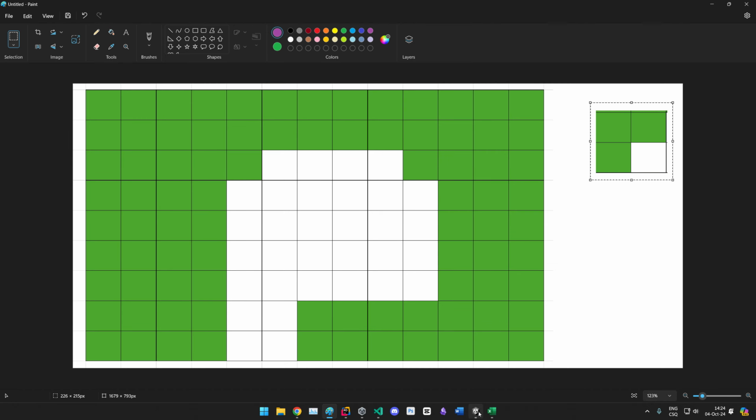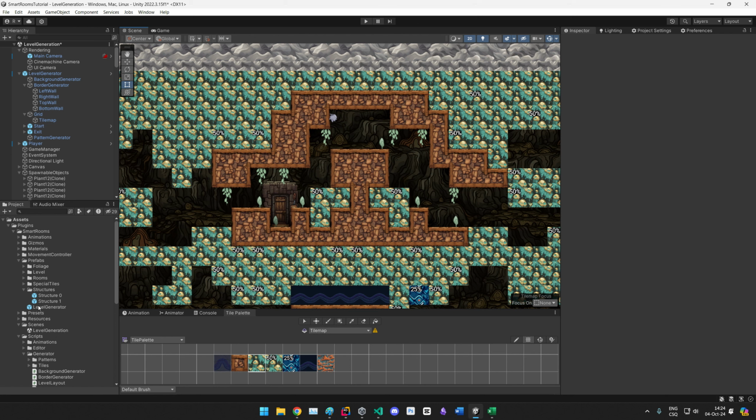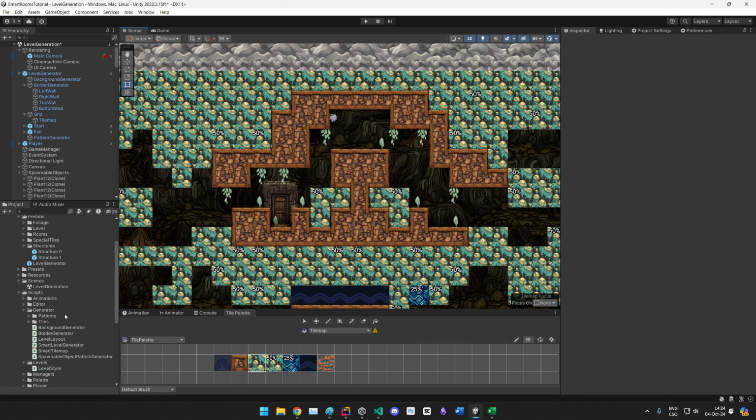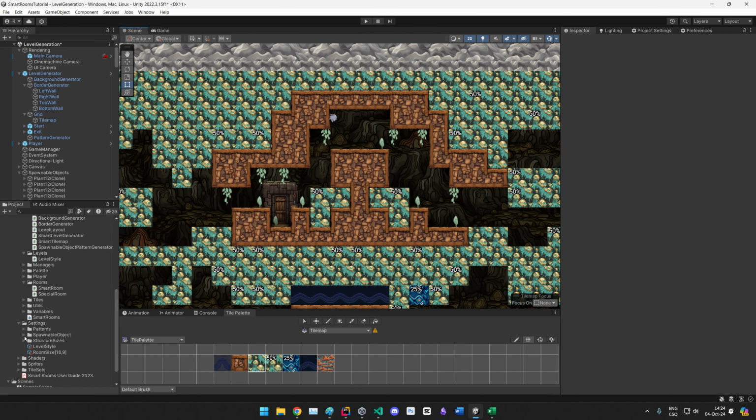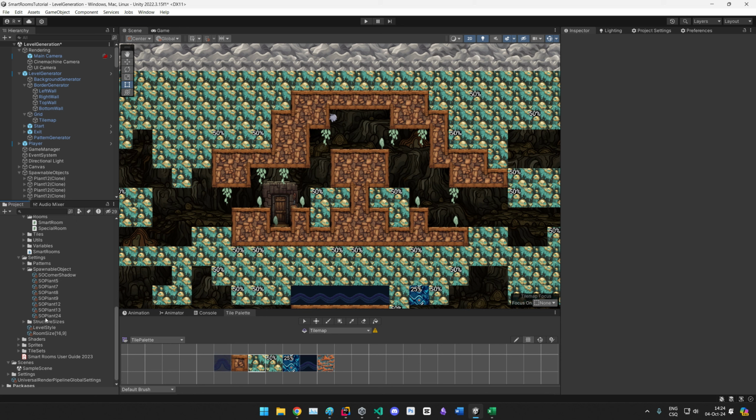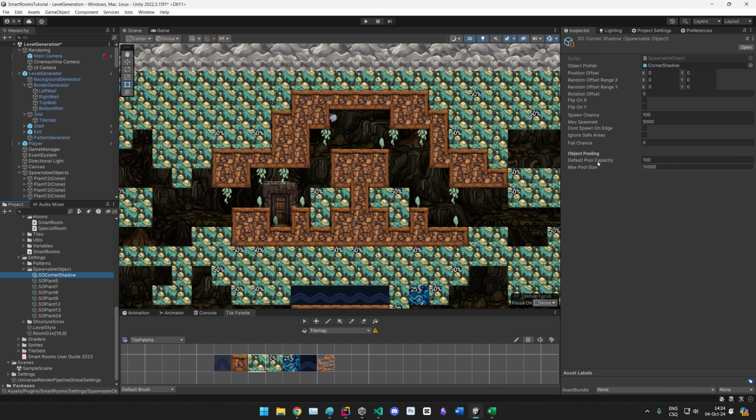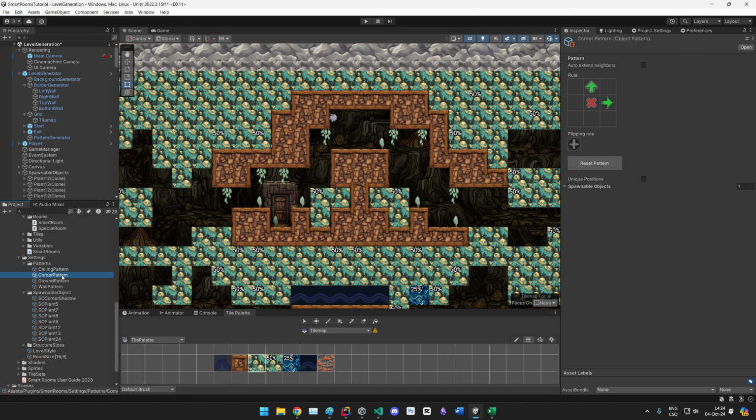So now if we go into Unity, I actually do define the corners in that specific way. Here you have the spawnable objects, and here we have our corner shadow. What I want is pattern, and I want a corner pattern. And so you can see actually that's how we define the pattern. It's sort of like a 3x3 thing